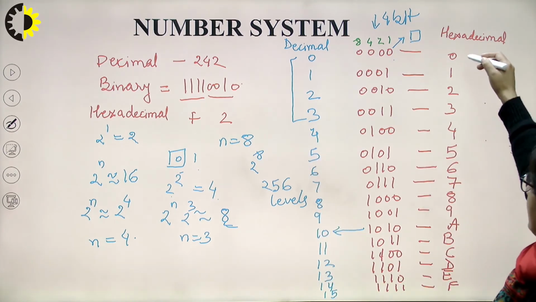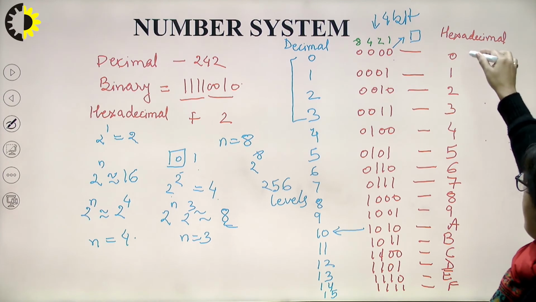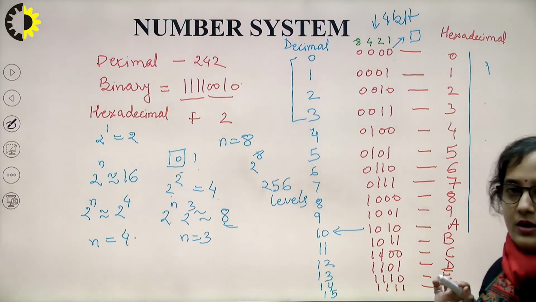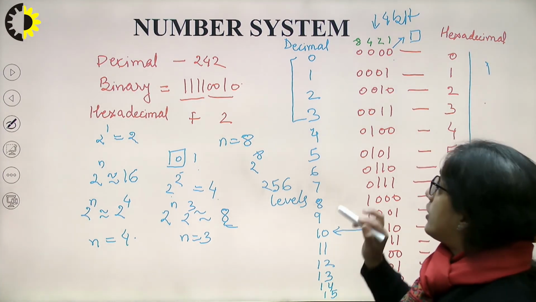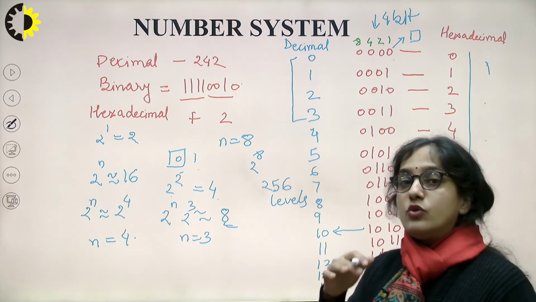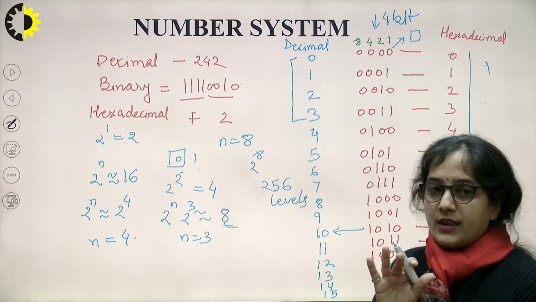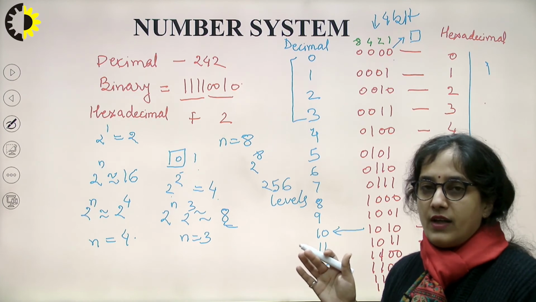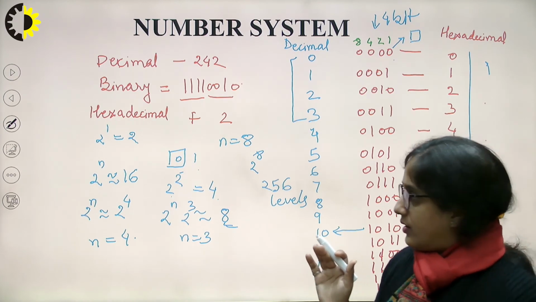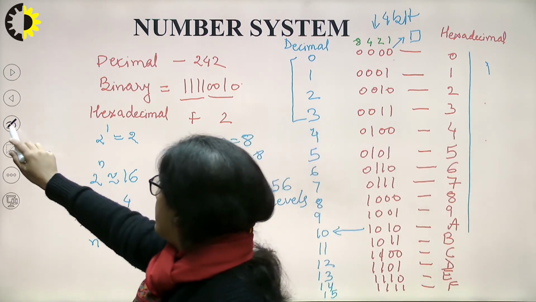So I think it is clear: the decimal number system, hexadecimal number and binary. We will give our information in hexadecimal only to the microprocessor. If I have to give the data in decimal, then I need to convert it, that is, I have to make it BCD, the equivalent BCD number system. Now we will proceed with